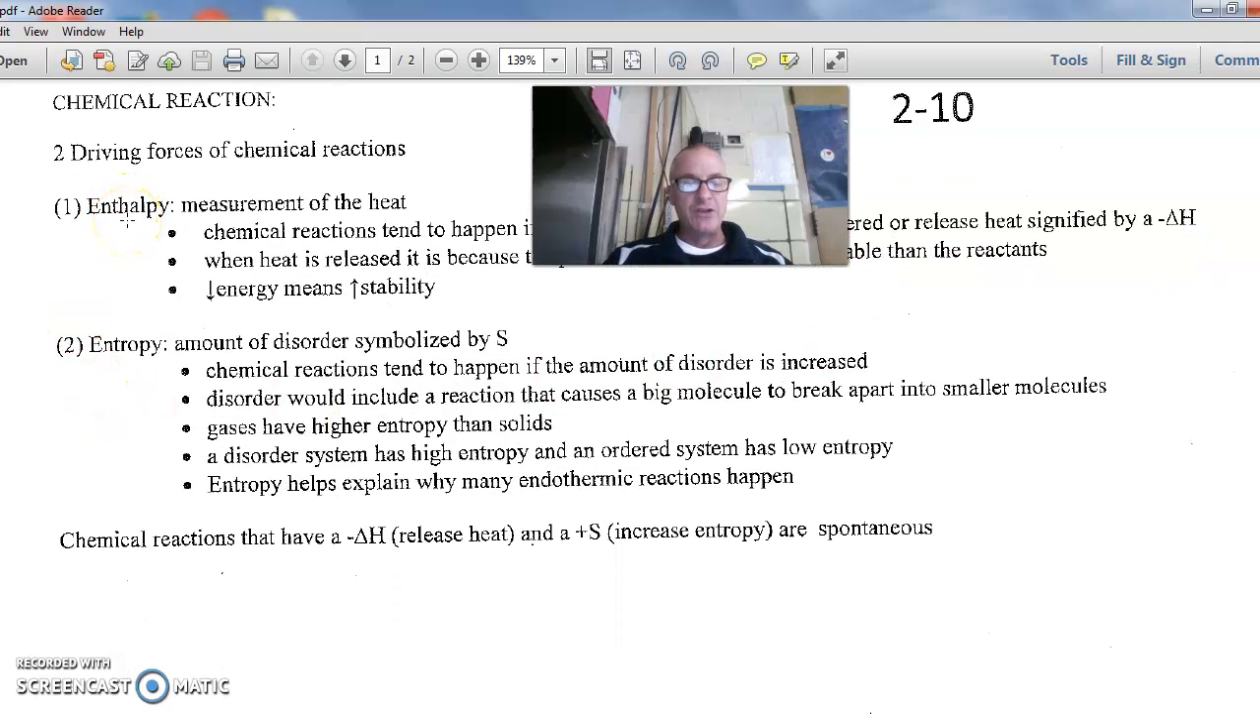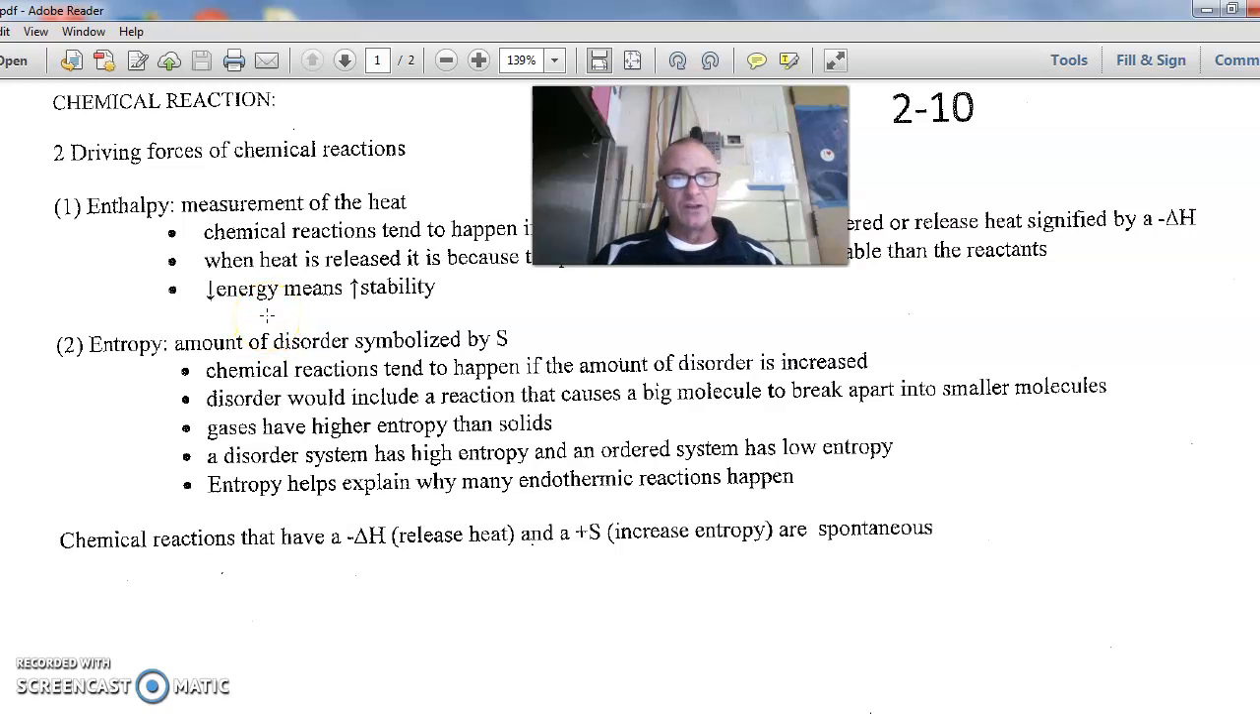The overall change in energy or heat, enthalpy, is one of those two. The change in enthalpy is symbolized by a triangle H, H for heat. Enthalpy is the measurement of the change in heat. But the second factor involved